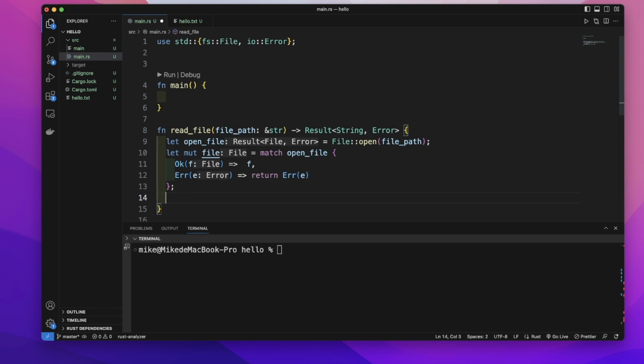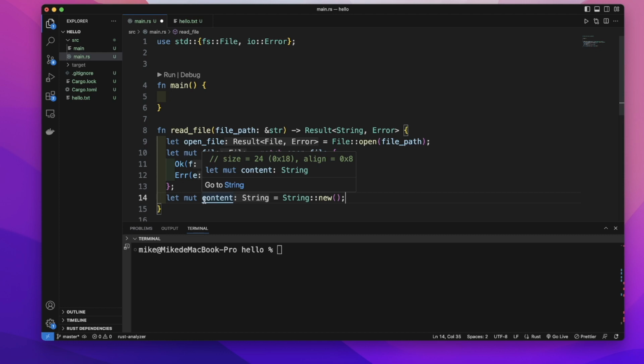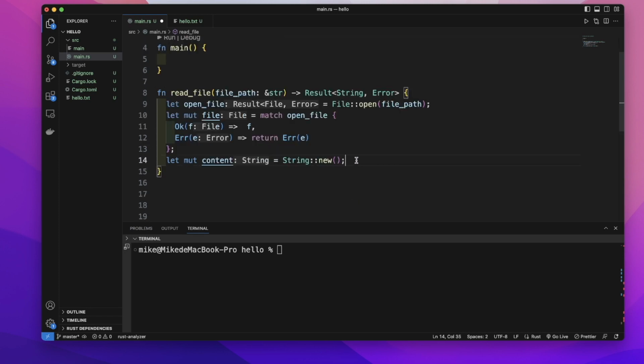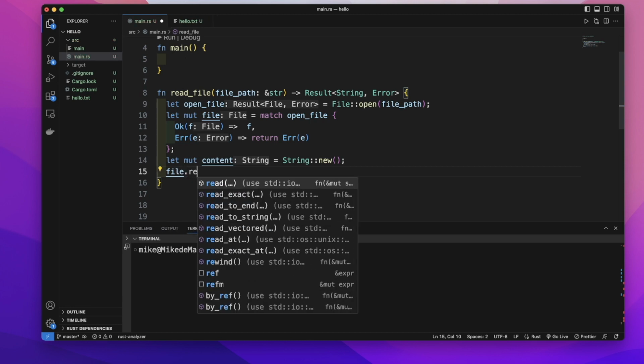Then let's create a mut variable content equal to String::new. This creates an empty string variable. We use this variable to store the content from the file. We use the read_to_string method to read content from a file. So file dot read